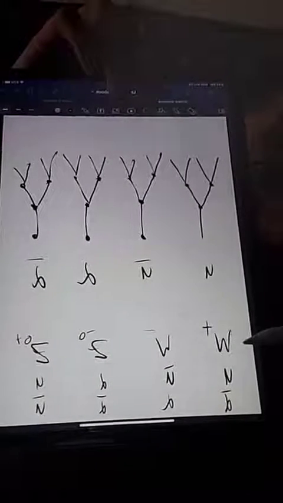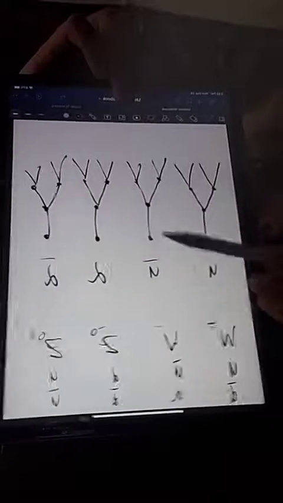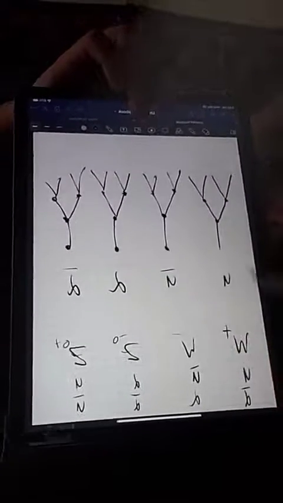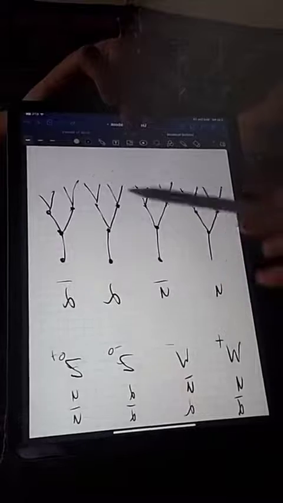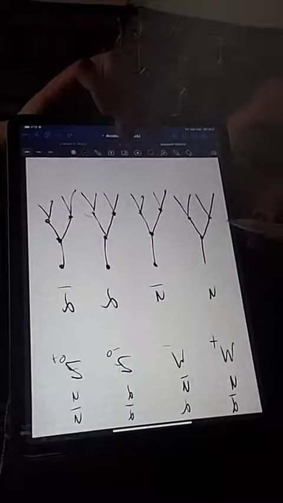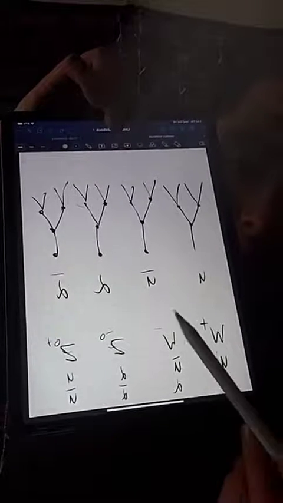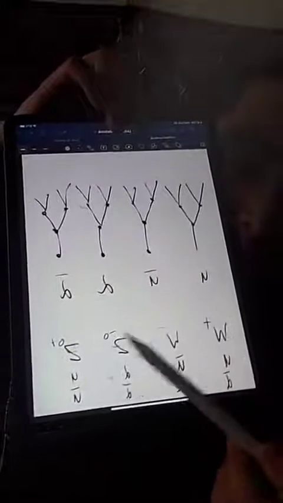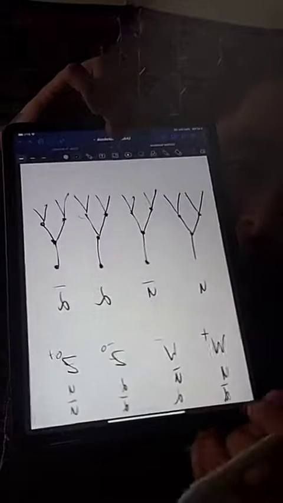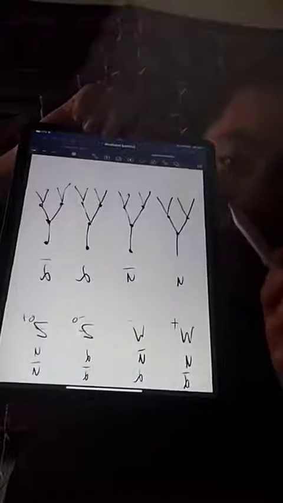If we ever see this prediction, we're going to need one input on the upside and one input on the down bar side. And the output needs to get connected together. Do you get me? If they're connected, then that's a W plus. If we have a W minus, that means we need one up bar input and one down input. And we need to start to figure out how to make an efficient circuit.